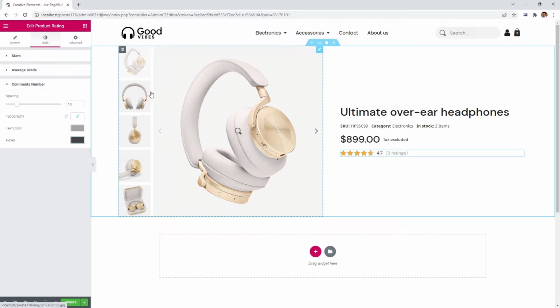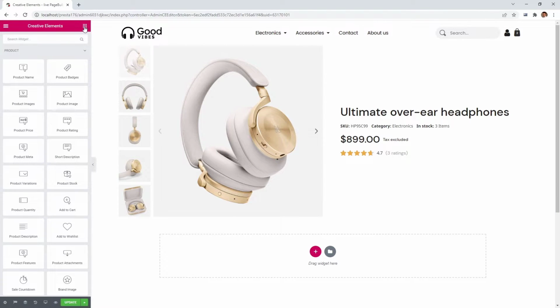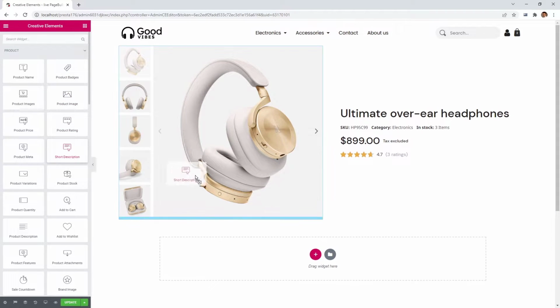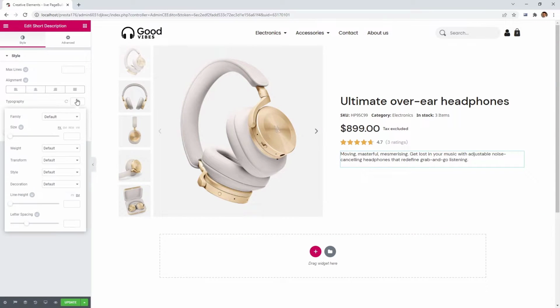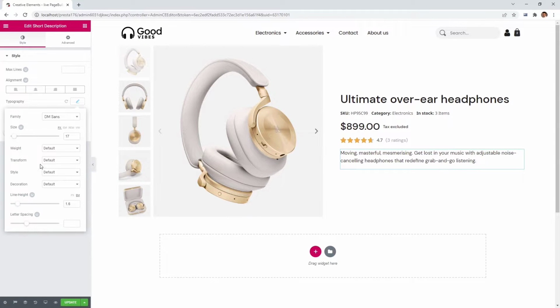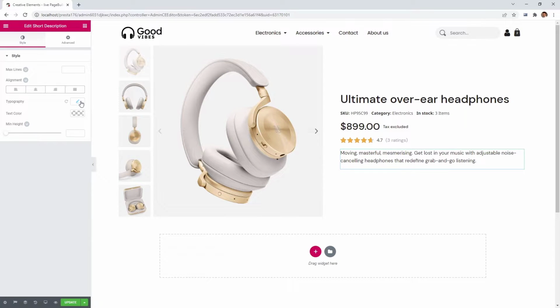OK. Go back again and add some additional information with the short description widget. We will use the same font family, a little bigger font size, more line height, and that's pretty good. Let's go and add the next item,